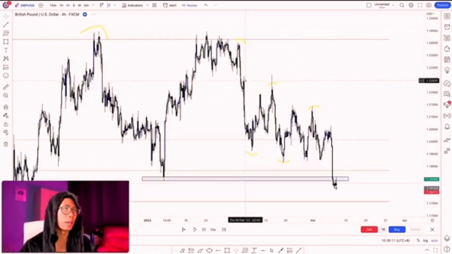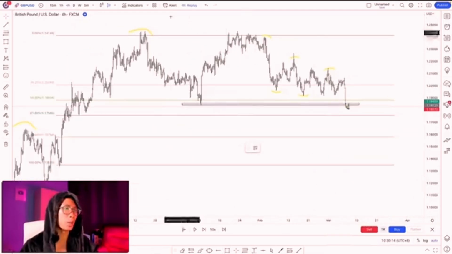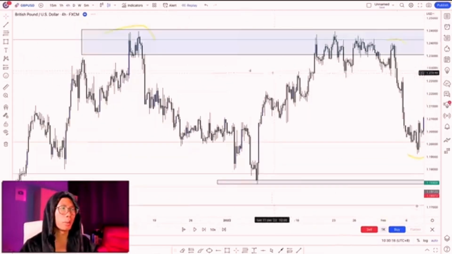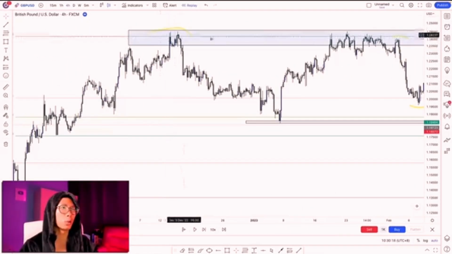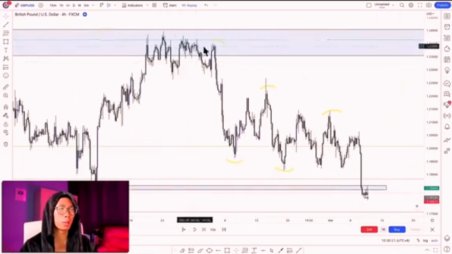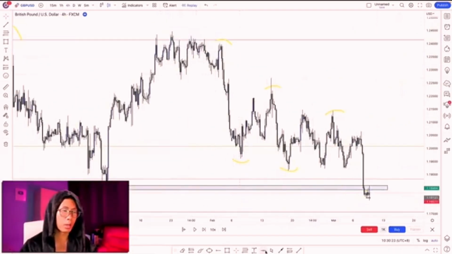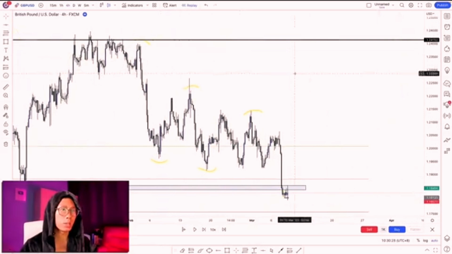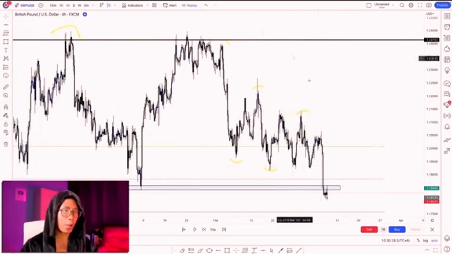4 hour, and I can see on the 4 hour there's a major resistance area right around here. 1, 2, 3, 4, 5, 6, multiple times price rejected at this area right here. So there's a very strong resistance area right here. So right now, I see that price is reversing